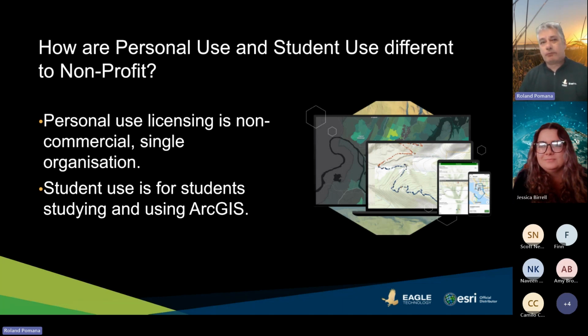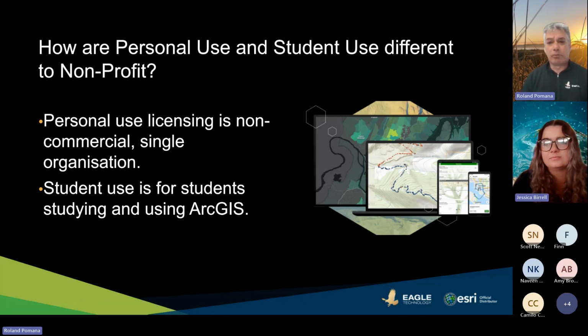Yeah, it's really clear that a personal use license is for one person. It's got the same functionality as other organizational accounts, but there is only one person. You can't add extra creator licenses. You can't add viewer licenses to it. It is designed for a single person for non-commercial use. And I guess the differentiation between students, we know what a student is. Personal use could be a professional who wants to upskill and just have hands-on